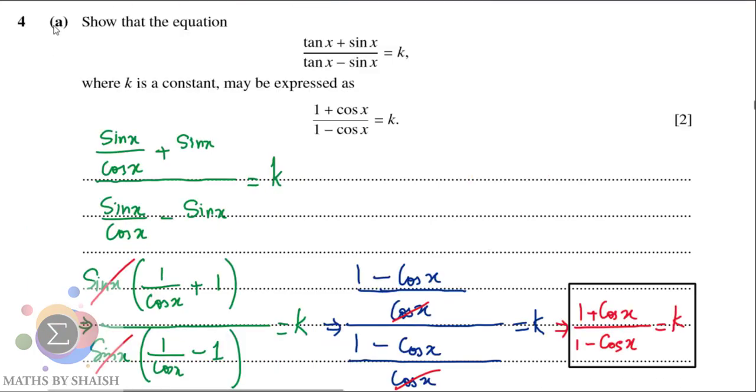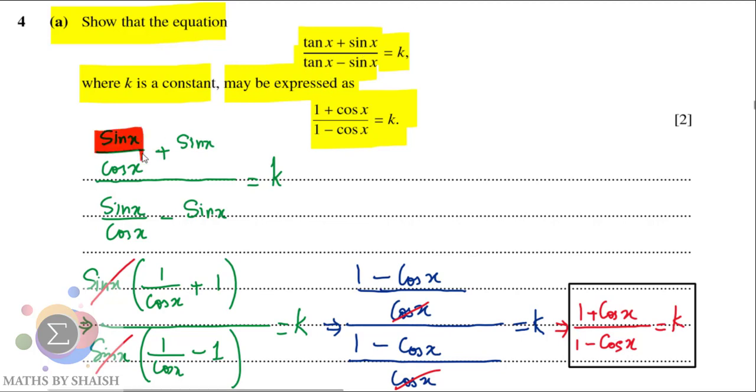Here's the fourth question. Show that the equation (tan x plus sin x) over (tan x minus sin x) equals k, where k is a constant, may be expressed as (1 plus cos x) upon (1 minus cos x) equals k. So all we need to do is convert the left hand side of this equation into cos, so that we can get this. So we will start by changing tan x